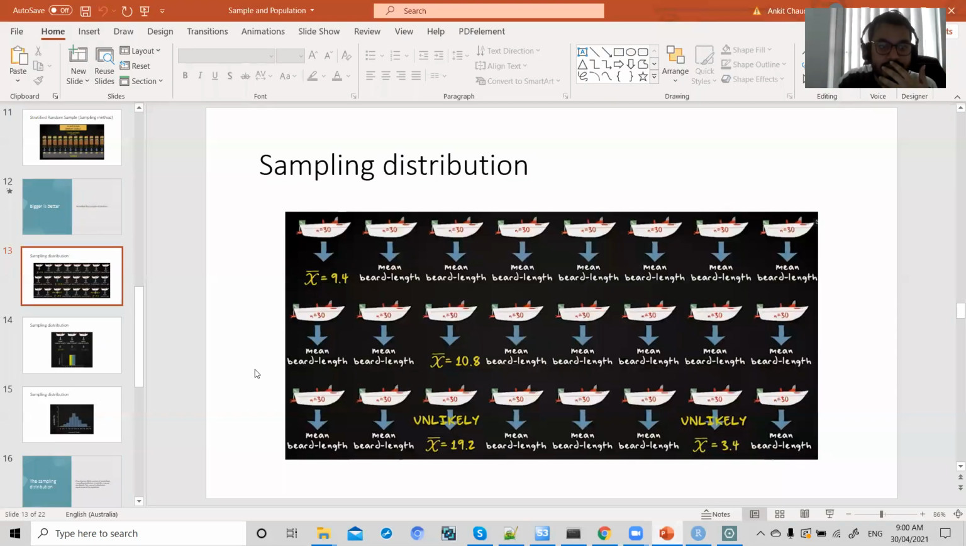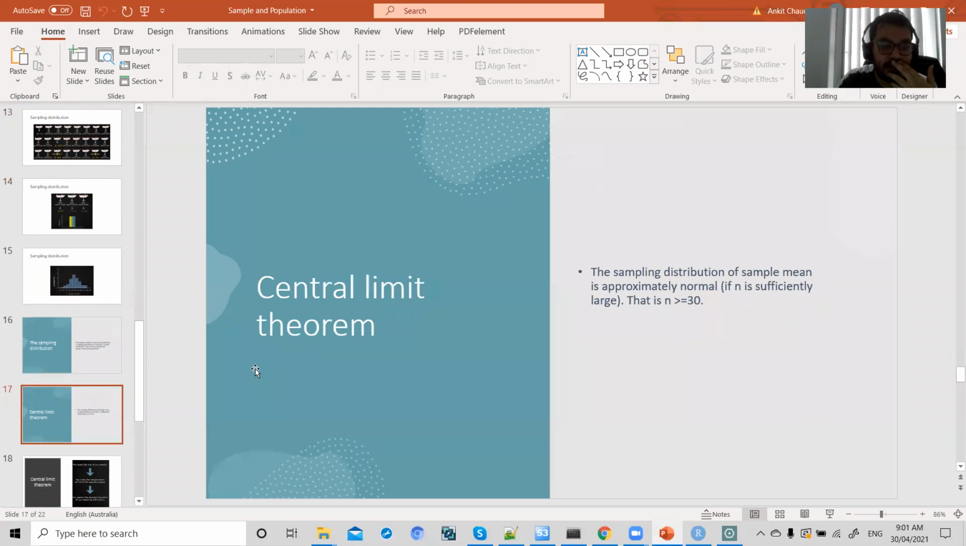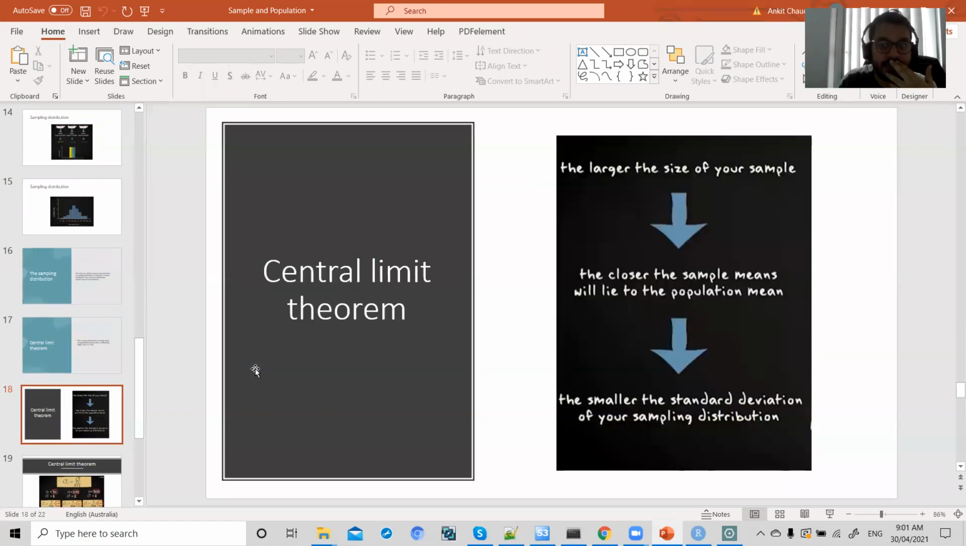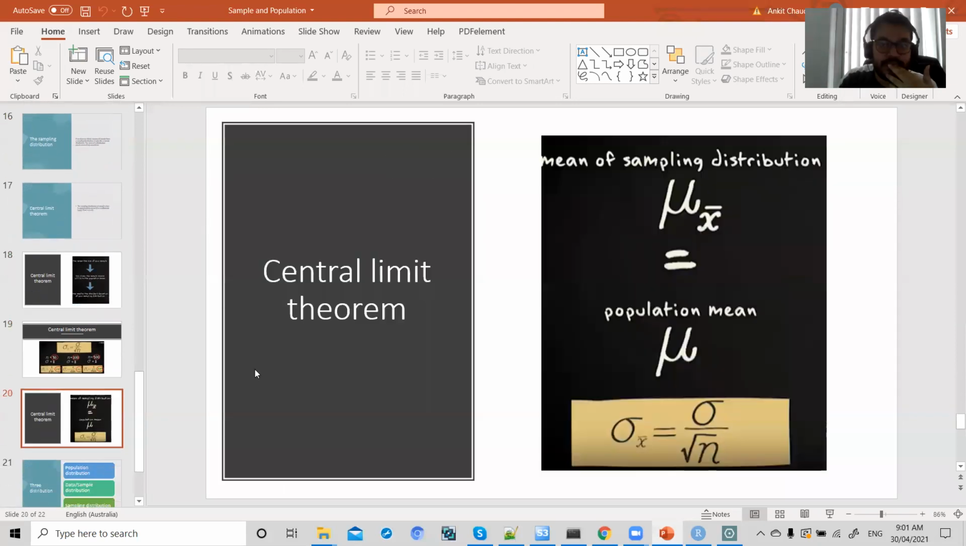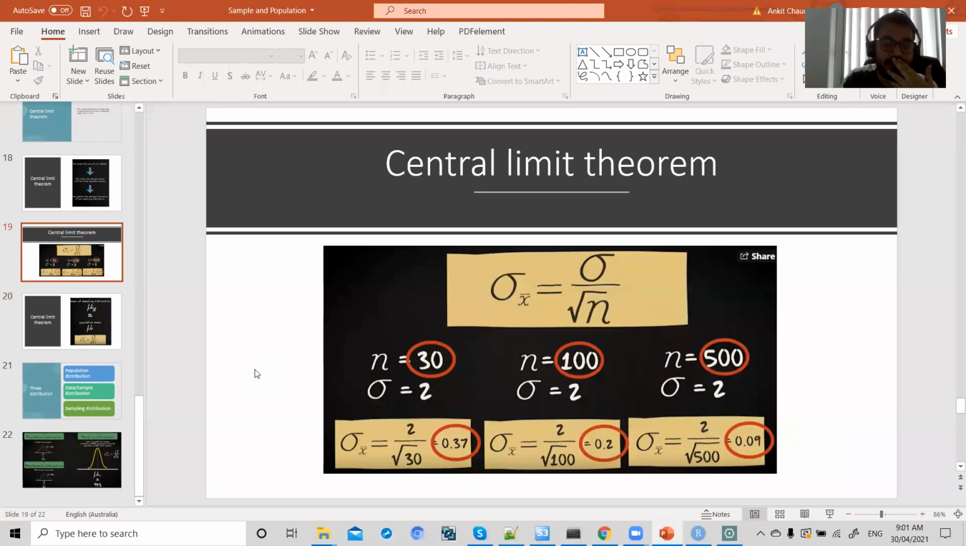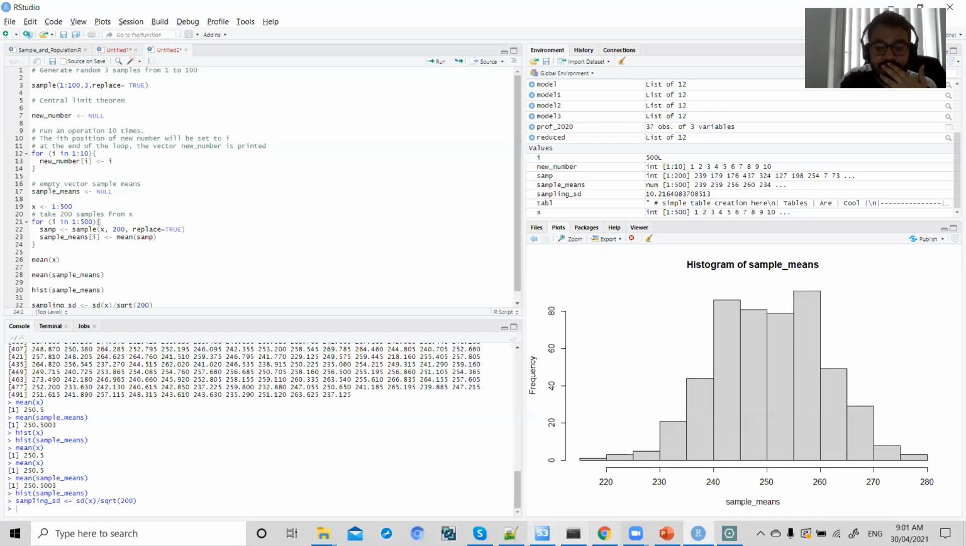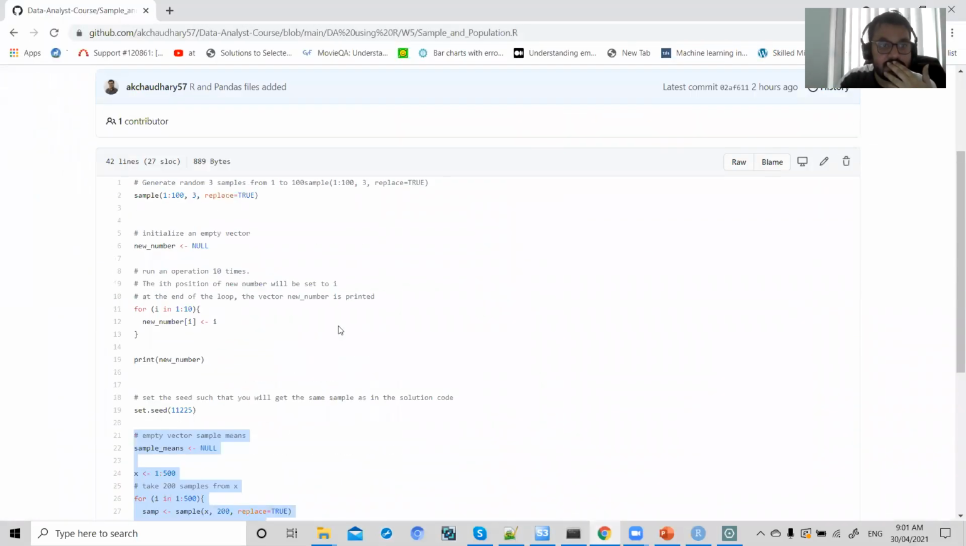You need to have a clear understanding of this concept, because this is the starting of statistics, the starting of data analysis. So this concept needs to be really clear. Sampling distribution, what is sampling, what is population, what is central limit theorem, these things need to be clear. To test your understanding, I have added quiz questions